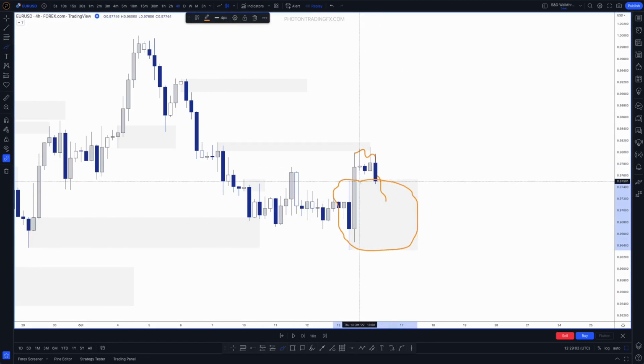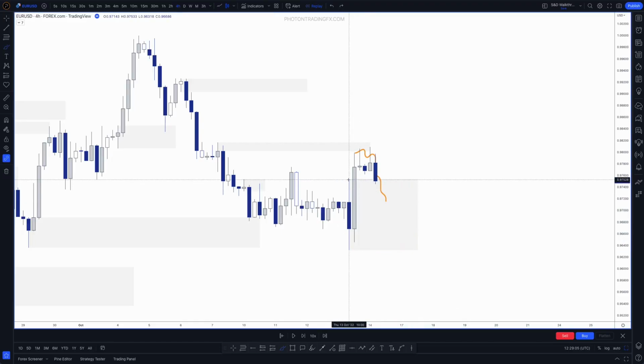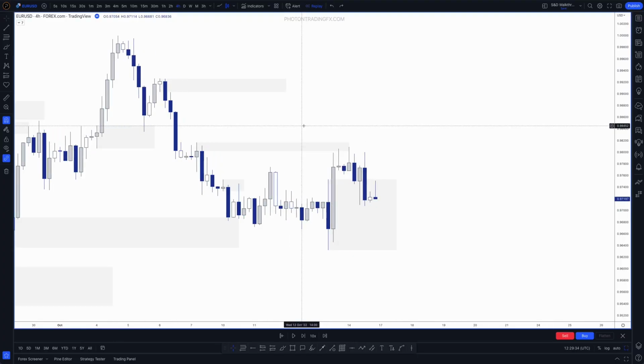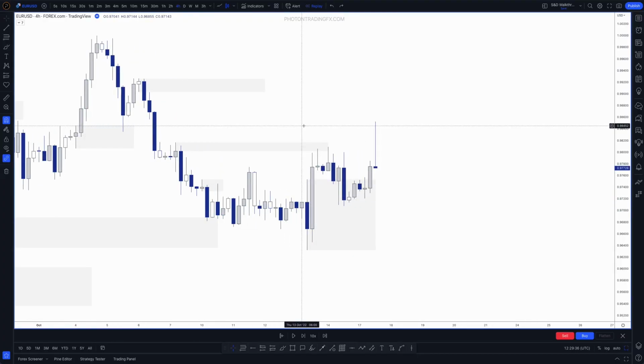Now, when you've got a big, full-bodied, what I call an unmitigated zone here, a completely fresh zone that hasn't been tapped into, what do you think is going to have more power? Just this wick, how many orders are going to be in there compared to how many orders are going to be in here when price first taps into it? On the balance of probabilities, ignoring all other confluence, ignoring market structure, a full, single candle, unmitigated, fresh zone, whatever you want to call it, to me, is going to have a lot more power to then move to the upside rather than just trying to trade against that wick, right? Hopefully that makes sense. So when price is coming into here, that gives us an edge, right? We can expect that's more likely to overpower,